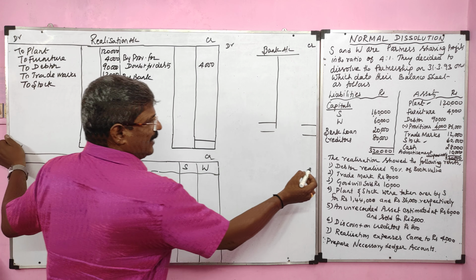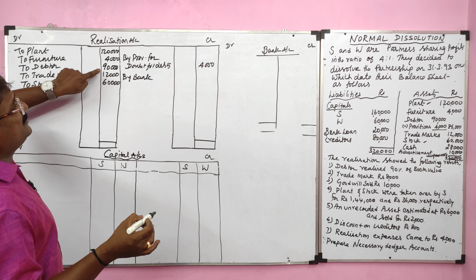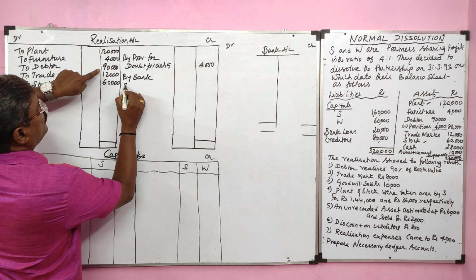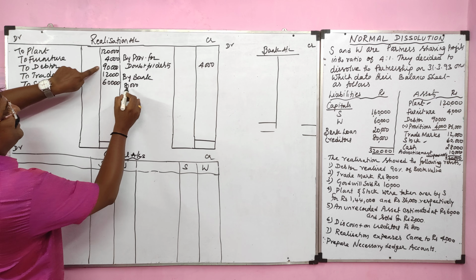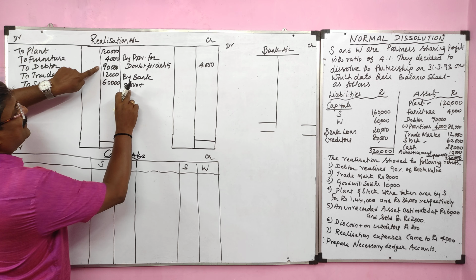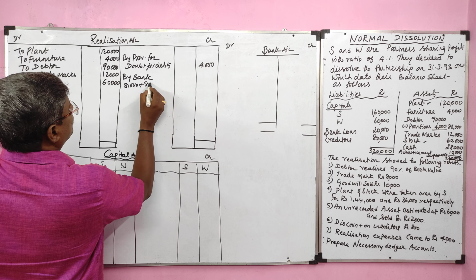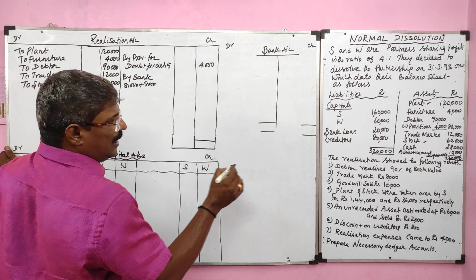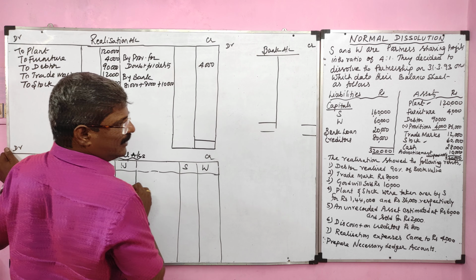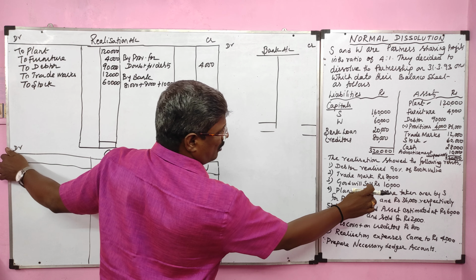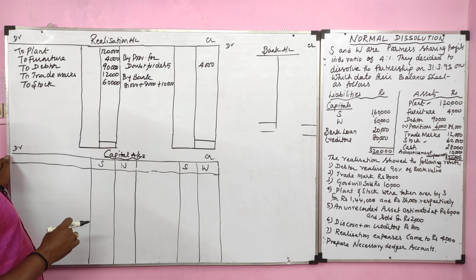Okay, debtor realized at 90%. So the total debtor value is 90,000, of which 90% is realized. So 90,000 into 90% is 81,000. So debtor realized at 81,000. Then trademark realized at 8,000. Then goodwill 10,000. Plant and stock were taken out by S for rupees 1,44,000 and 36,000; that is the next entry.